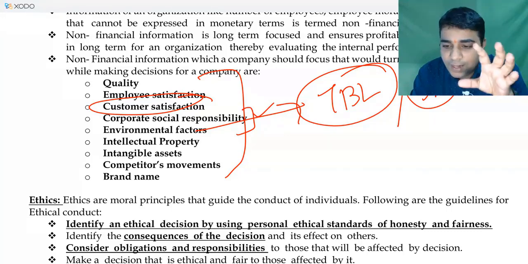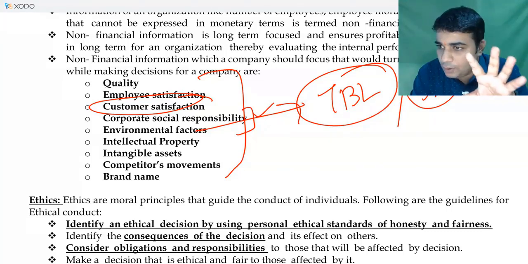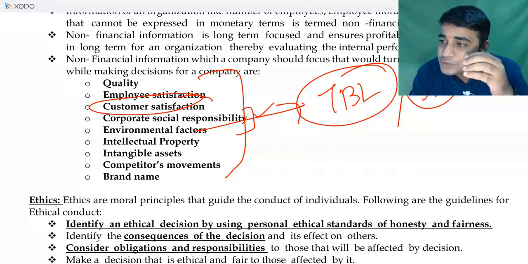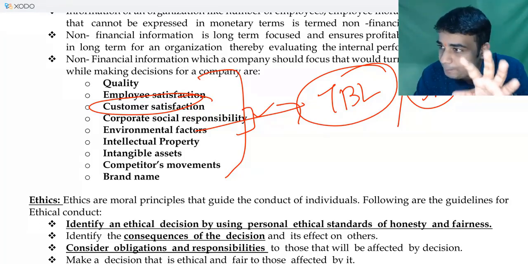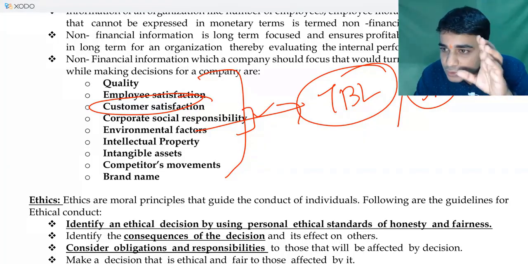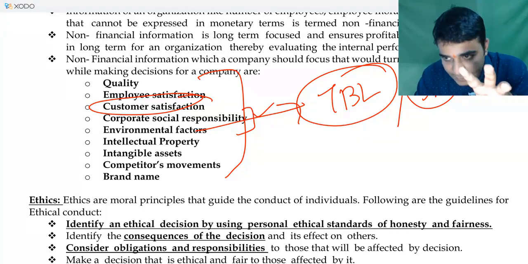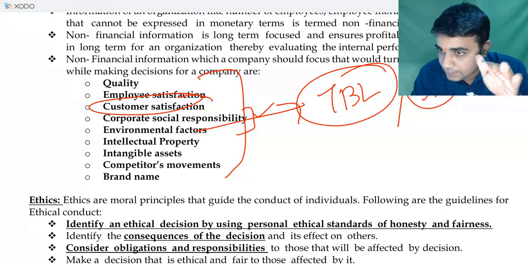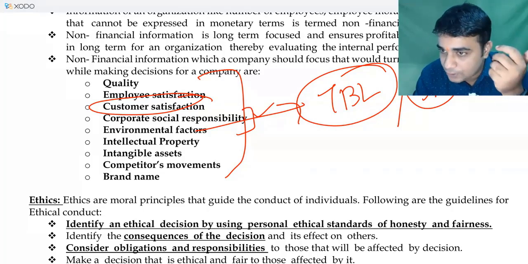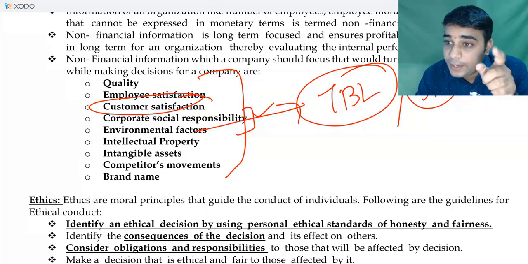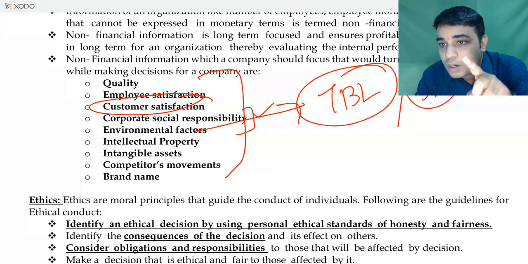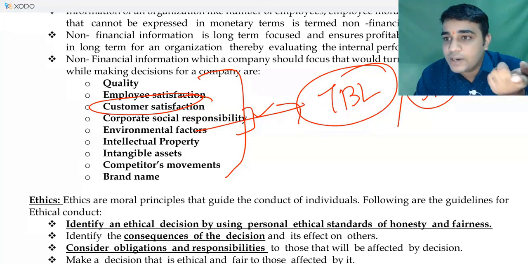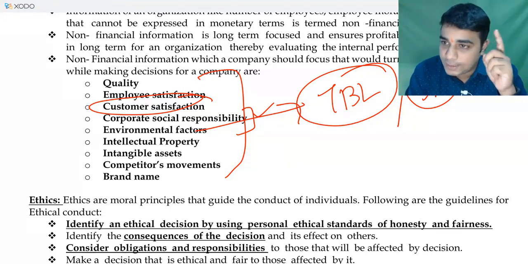For example, today employing child labor is not allowed because legally also there are issues. Assume a country doesn't have any legal issue in employing child labor, but morally you should still not employ child labor. In fact, most of the foreign buyers, when they buy from India, do all these checks. They say that we will do an audit or verification of your plant, and we want to ensure that you are complying with all local rules and regulations, and we also have our own checklist. We don't want you to employ child labor.